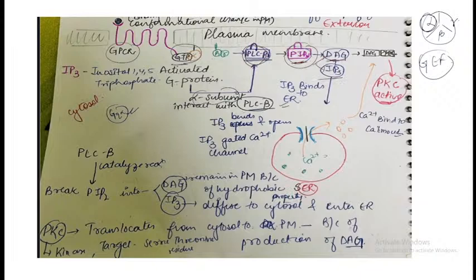This IP3 would go and bind where? It would go and bind to the ER, that is the smooth endoplasmic reticulum. Remember this particular point. IP3 would be going and binding to the smooth endoplasmic